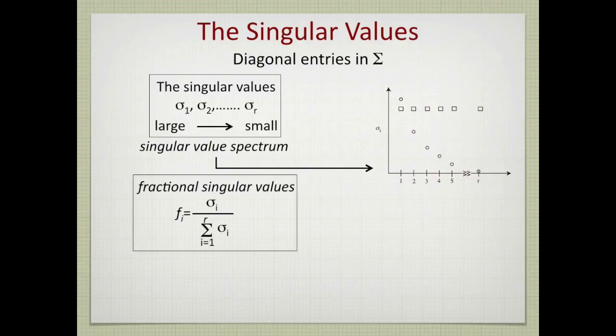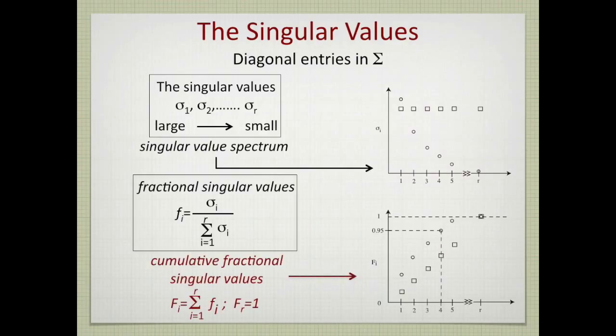What is also often done is you integrate that over the index or calculate the cumulative value. So you just form the summation of these f sub i's up to I. So you just keep adding them over the index I. And of course, if you were to reach the rank R and you sum everything up, that the capital F sub R would be 1 because you summed up all the singular values, all the fractions, and they should add up to 1. Now, if I do that to this singular value spectra shown there in the graph to the top right, I get what's on the bottom right, a curve that goes up. And you see with the open circles, you will see that sum going up very quickly and then asymptotically go